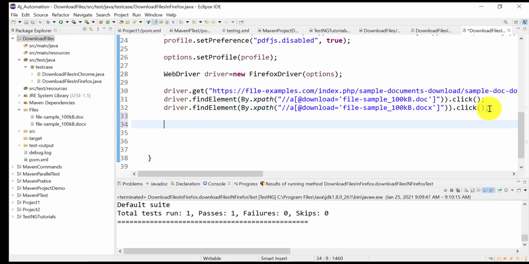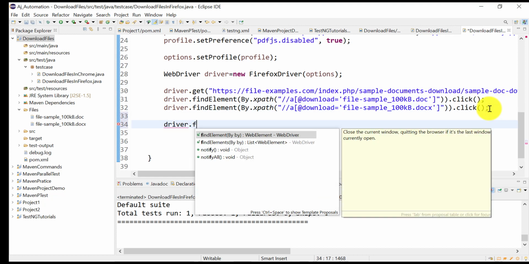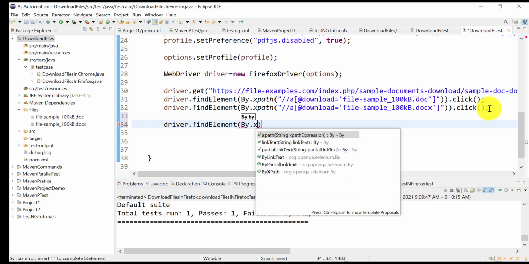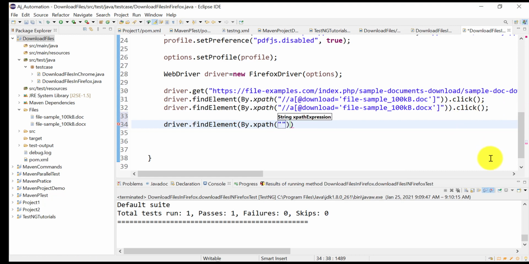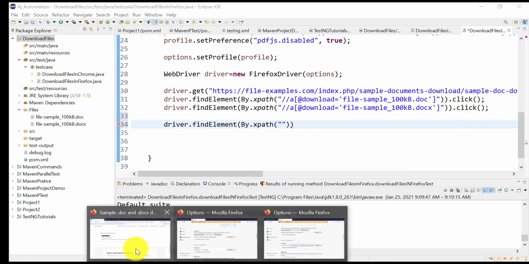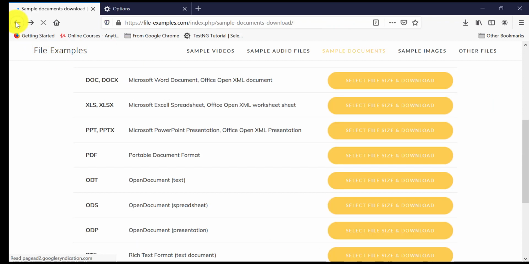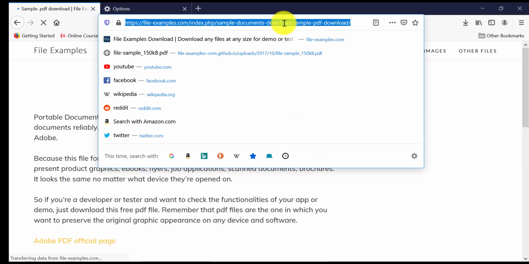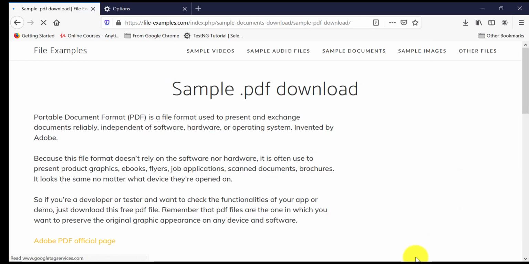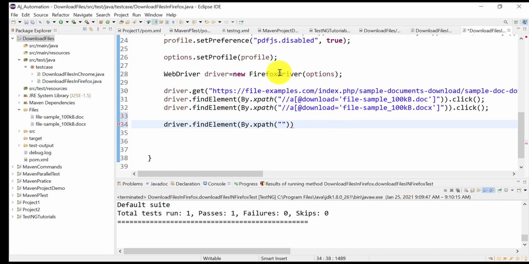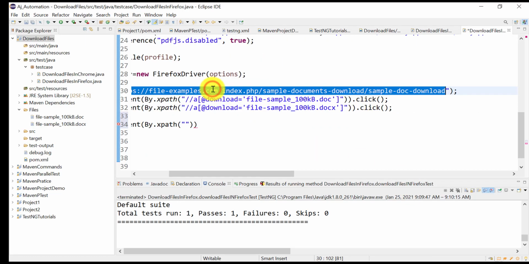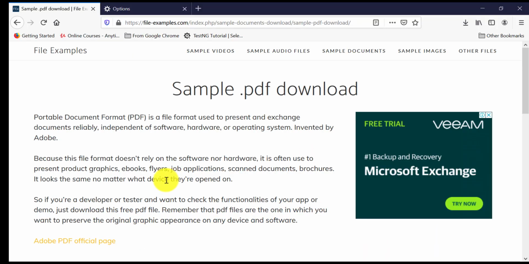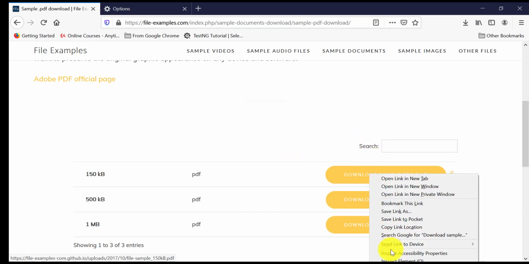Let us quickly check for PDF. So for PDF, you need to go to here. This is our website first. Set it here, and what is the XPath? Let us inspect.